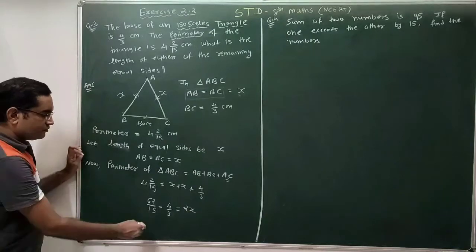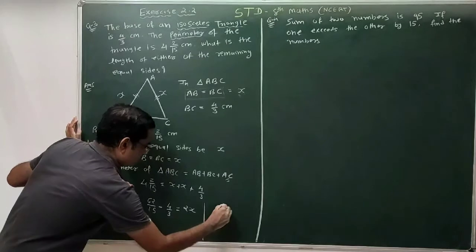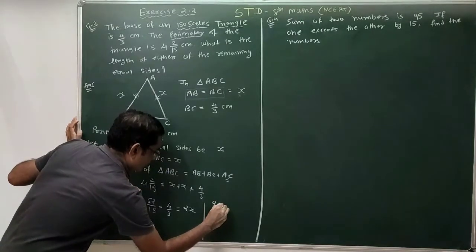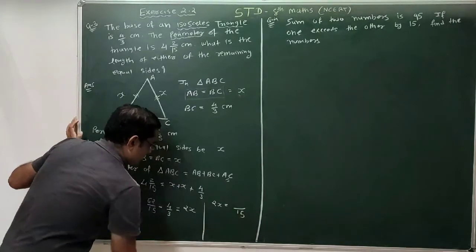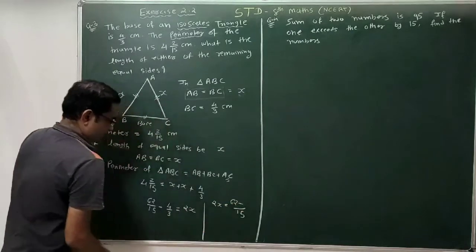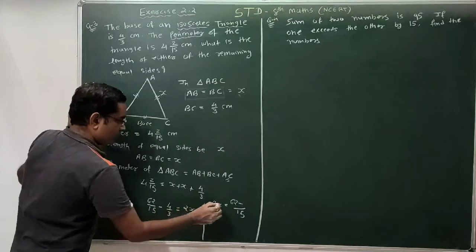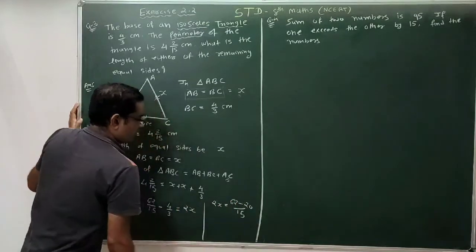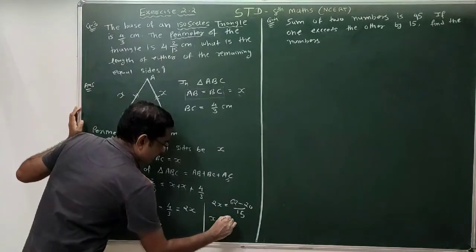Simplify this one, 15 will be the LCM, so we can write 2x equal to 62 minus 3 5s are 15, 5 4s are 20. 62 minus 20, it's 42 by 2, so x will be